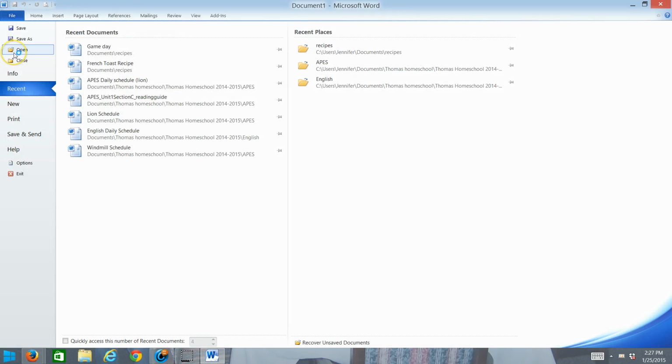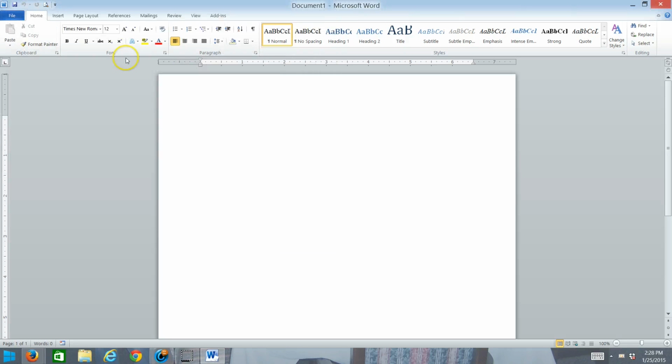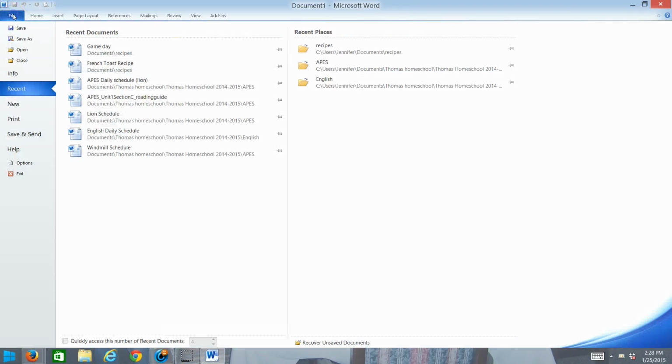Other options we have: Open. If you have a file you've already created that you would like to open, you can use the Open command. Again, you'll get a dialog box. You navigate to the location you want to go, and find your file. File Close